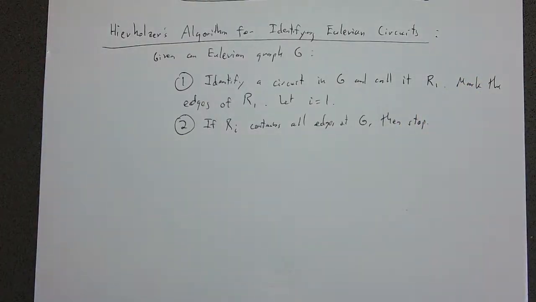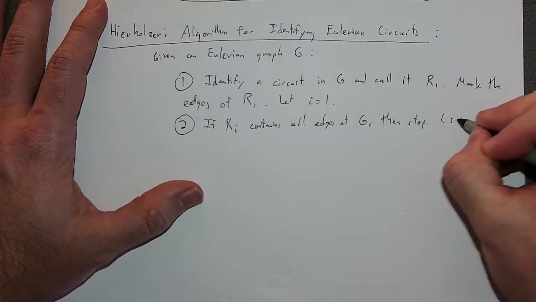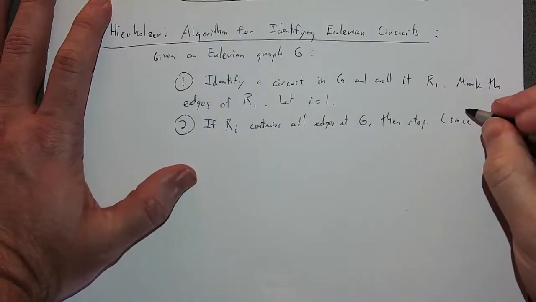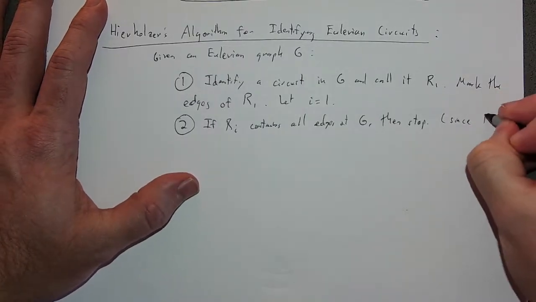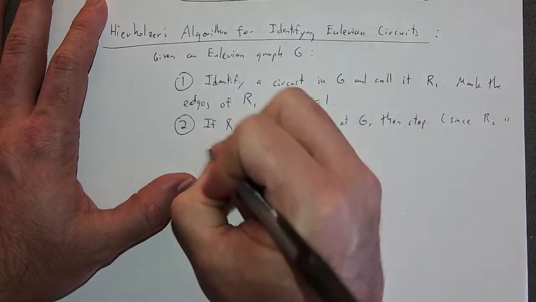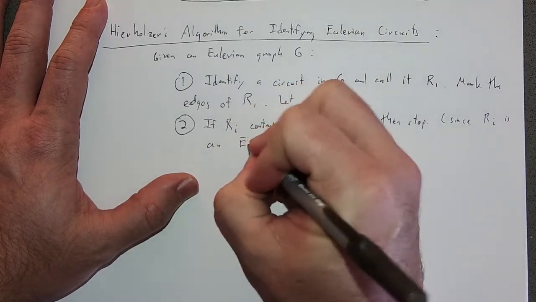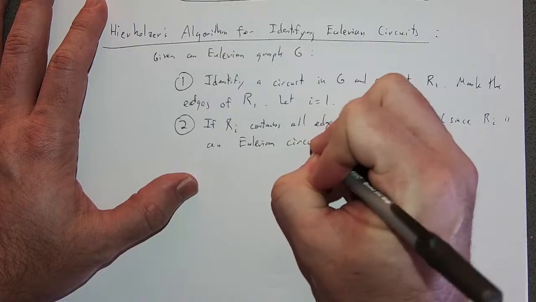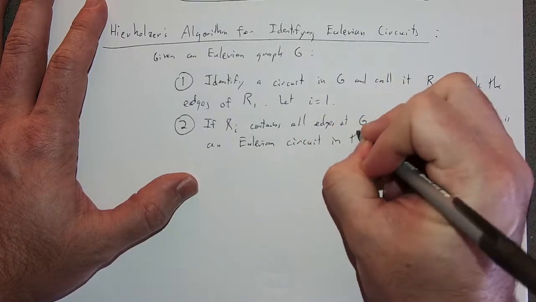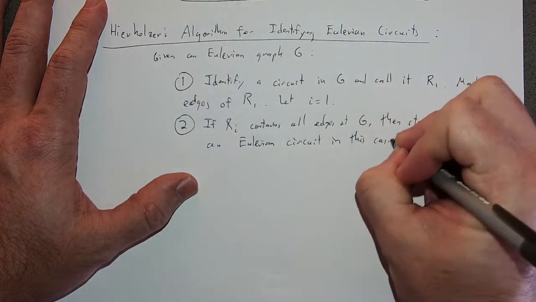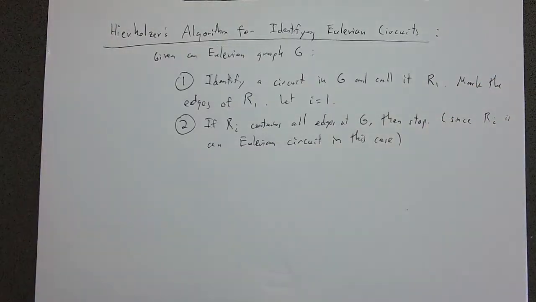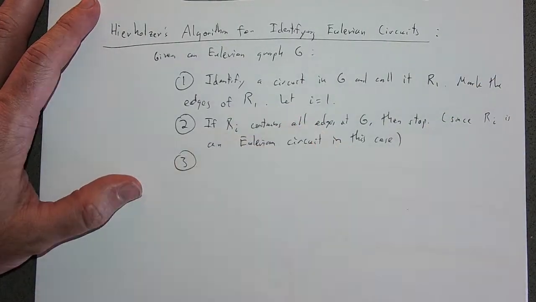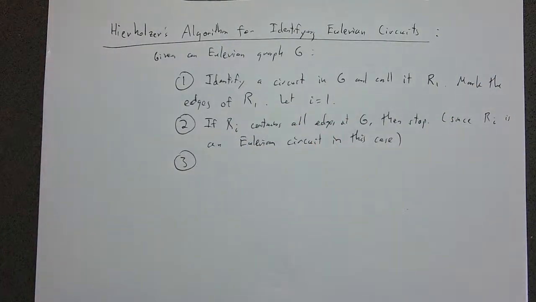We stop because this R sub I would be an Eulerian circuit. Okay. But if it does not contain all the edges,